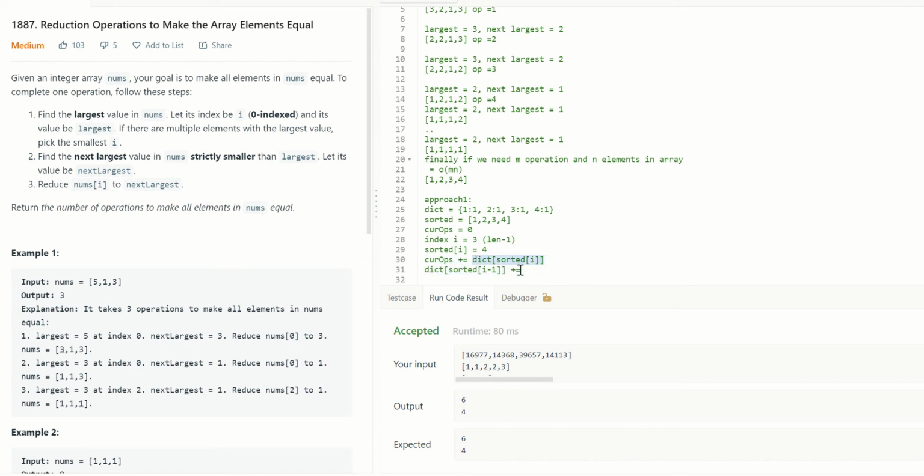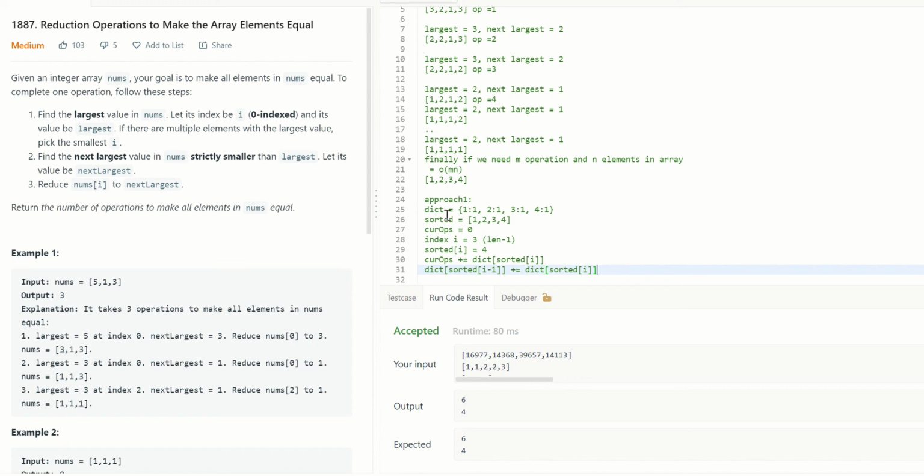That way, what we are essentially doing is, you want to reduce the value 4 to the lowest value. So that many operations you need to incur.